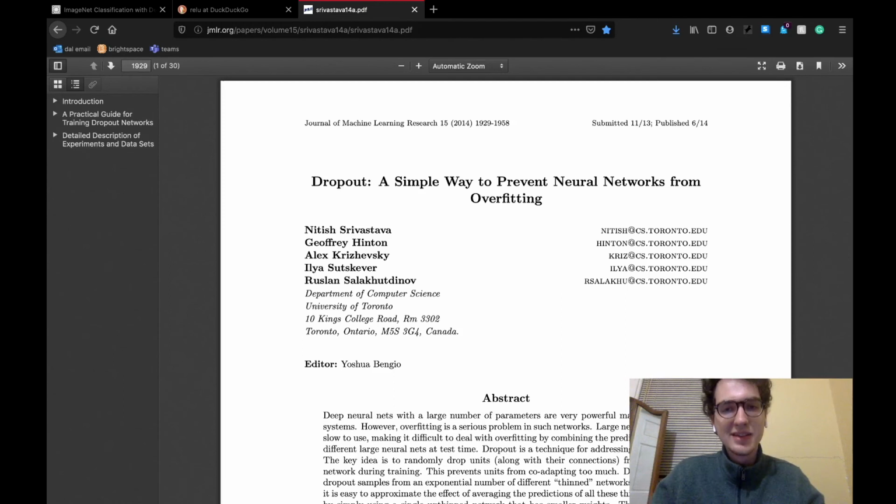And as stated in this paper on Dropout, from the same team that brought us the current paper with the addition of Srivastava and Salakhutdinov, sorry if I butcher any of those names, called Dropout, a simple way to prevent neural networks from overfitting: these co-adaptations lead to overfitting as the neurons do not generalize to unseen data, rather they double down on learning what is currently presented to them in training.